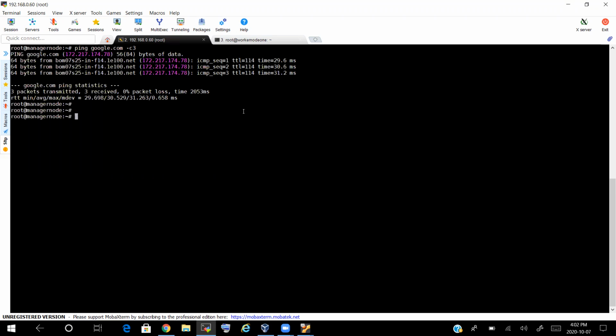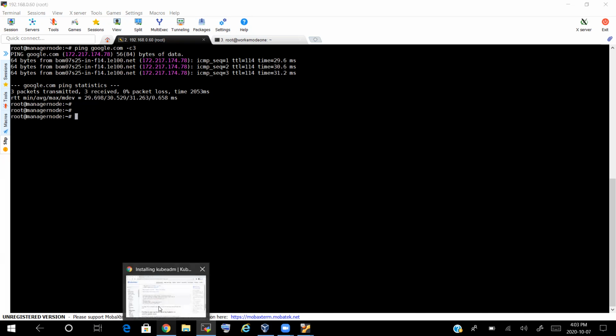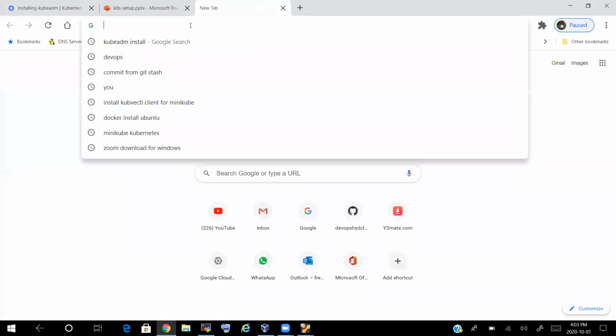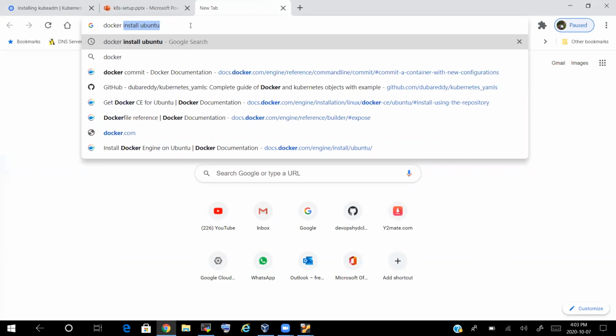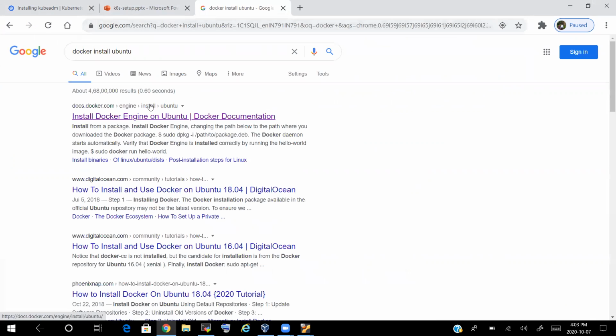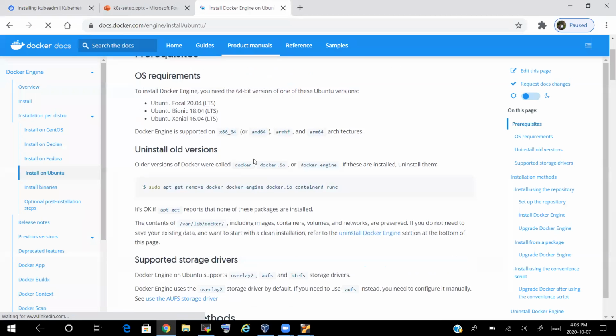Now, next thing is, as I already told you, when you are doing a Kubernetes setup, we need to have a container runtime interface. So which container runtime interface have we preferred? By default, we are going with Docker. What we did yesterday on Minikube, we are trying to do the same thing. So we are trying to use Docker as the container runtime interface for Kubernetes. So let's try to install Docker on both the machines. If you want the manual steps, let us try to do it once again, though it is a repetitive process, so that the people who are watching this video can understand again how to install. And one more point, we are trying to install the community edition, not the enterprise edition.